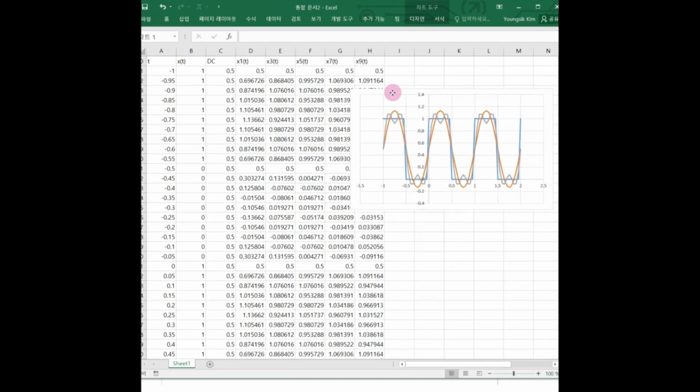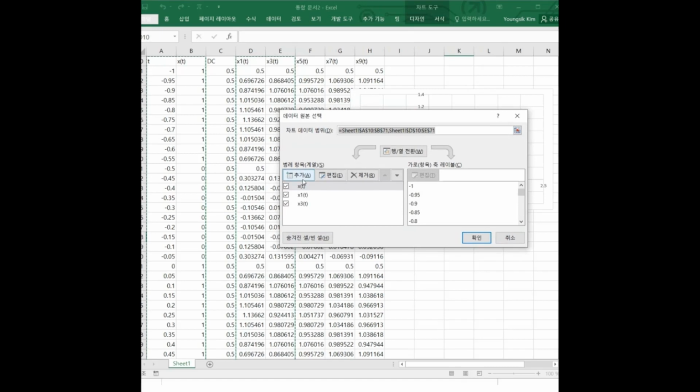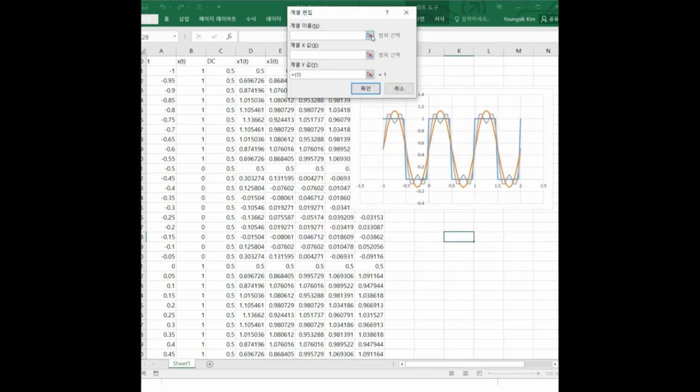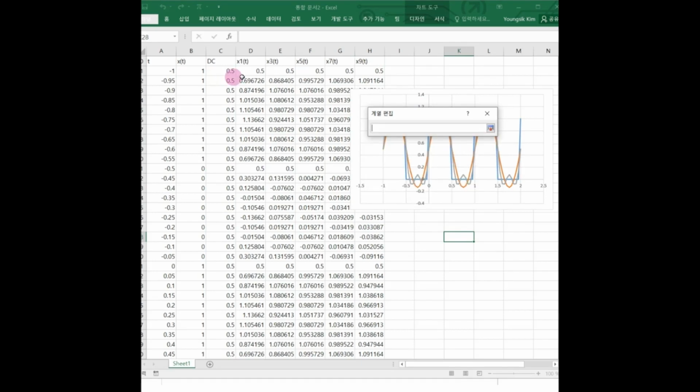Here shows the DC plus first and second harmonic given in this gray graph. So if you add up these harmonic components, then what's going to happen? I would like to plot the ninth harmonic. At this moment, if we add up the DC, first, third, fifth, seventh, and ninth harmonic all together, that will be